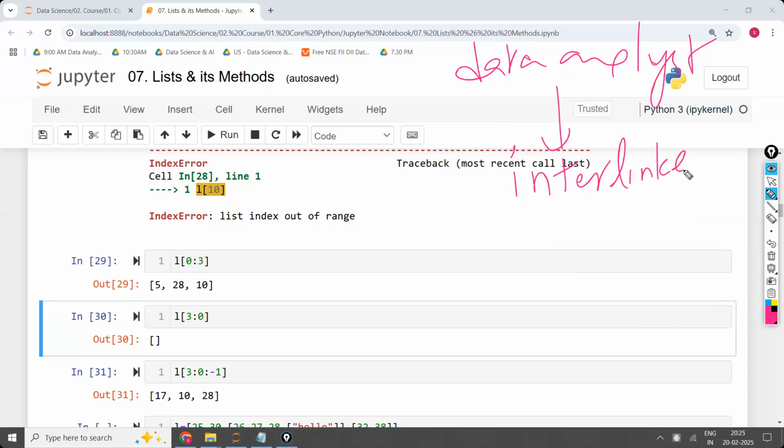Interlinked subject. Write this one in the notes. What is meant by interlinked means the previous class and the next class will be connected to each other. Every class is connected to each other. Write that one in the notes. In the connection, if you miss something from them, everything will be